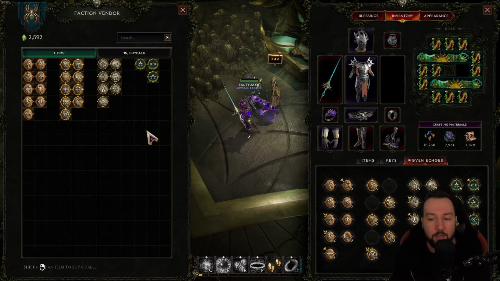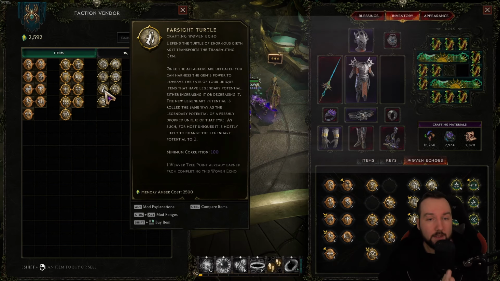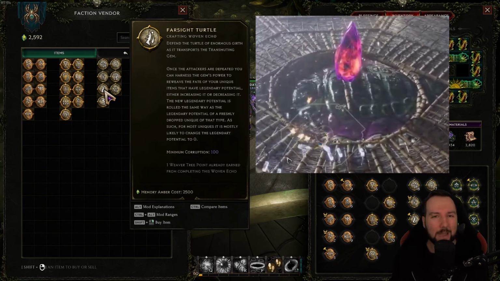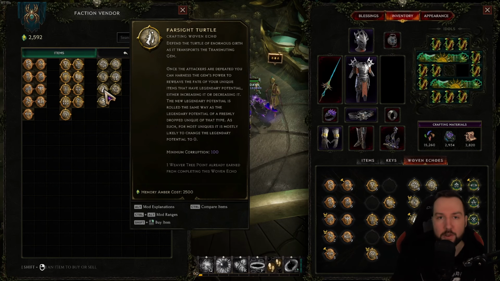Now, there are also some others here who are very important. For example, there's one combination that I utilize a lot in solo self-found, or in hardcore solo self-found for that matter, and it is the Fasted Turtle. The Fasted Turtle is basically a gambling station, so this will accept any unique that has at least 1 legendary potential, and it will upgrade this unique to +1 legendary potential, or use up all of it and put it down to 0. So it's really, really hard bargain here, and a really, really hard gamble,